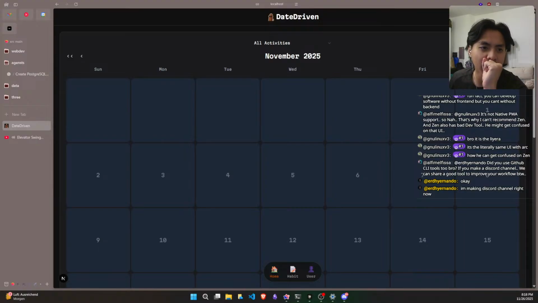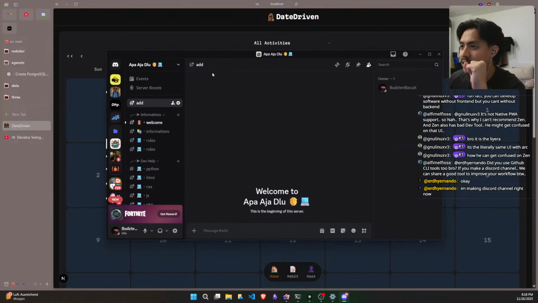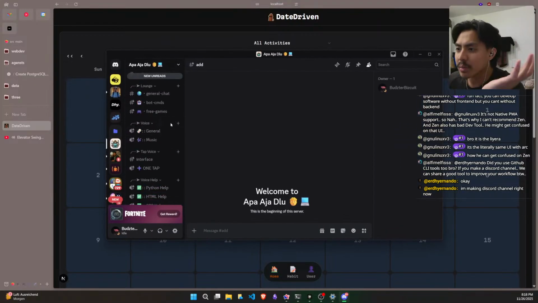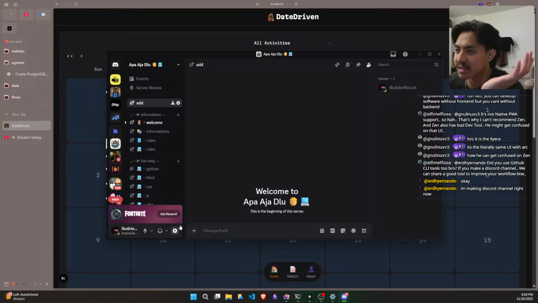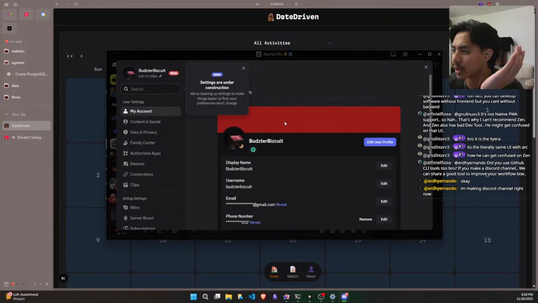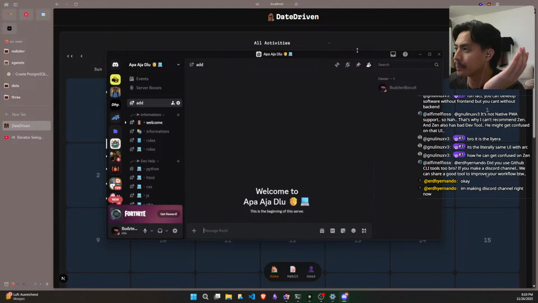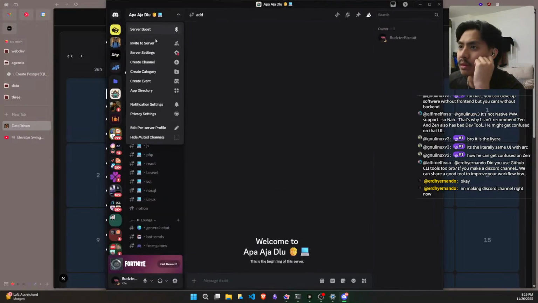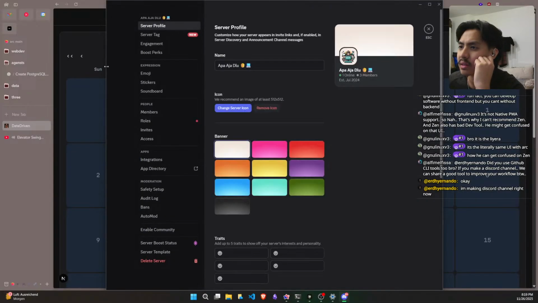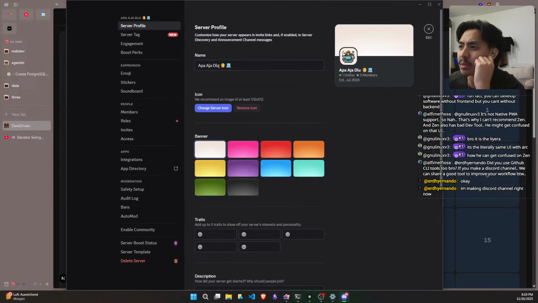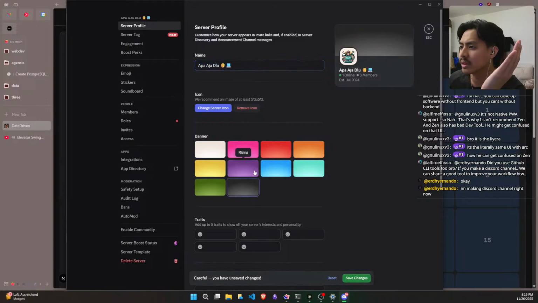Okay, yeah, I did. Wait, yeah, disable. Let me try this. I think I already made it before, but for some reason the settings is not configured correctly. Server boost, server settings. Let's name it. What should we name it? It's like an old thing, but I already made it in July. Okay, let's name it.